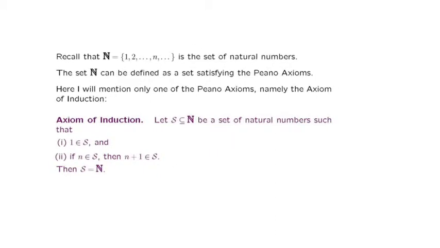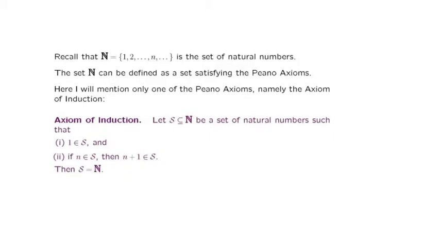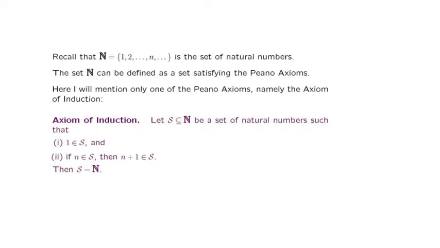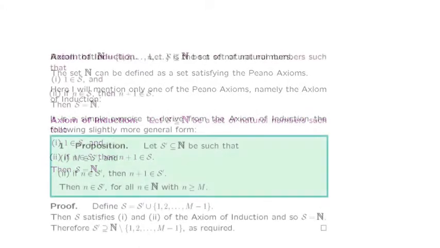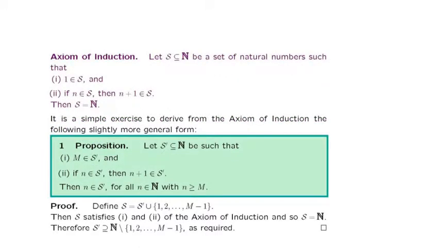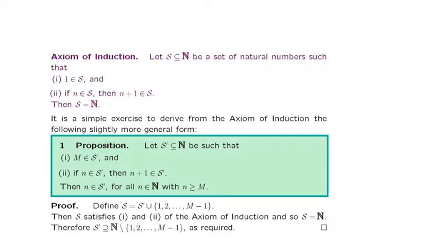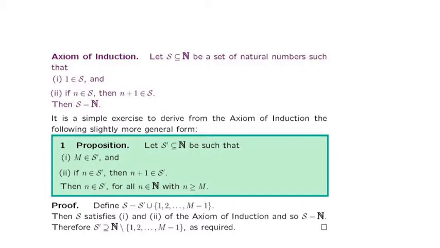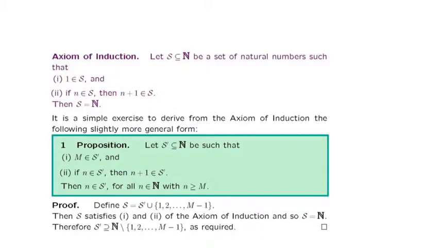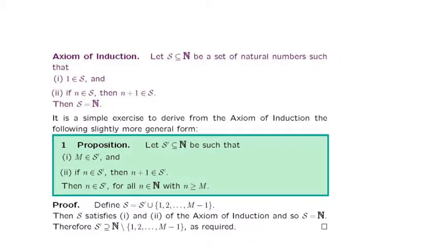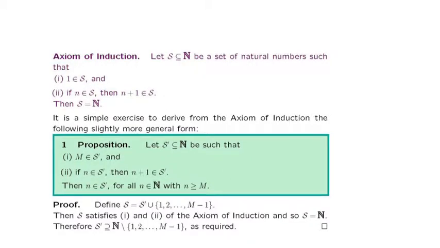The axiom of induction turns out to have many applications within mathematics, and also, in particular, many applications within topology. However, sometimes one needs a slightly different form of the axiom of induction. Instead of starting at the number 1, sometimes we start at some number bigger than 1. It's really a simple exercise to derive from the axiom of induction this slightly more general form expressed in proposition